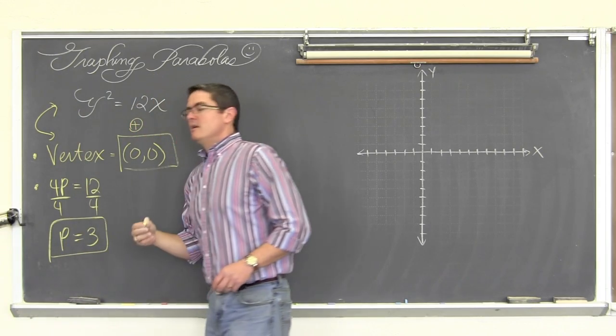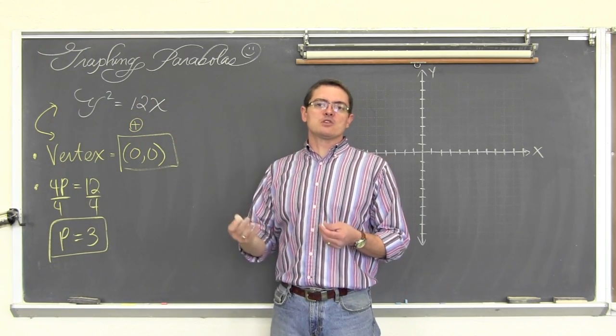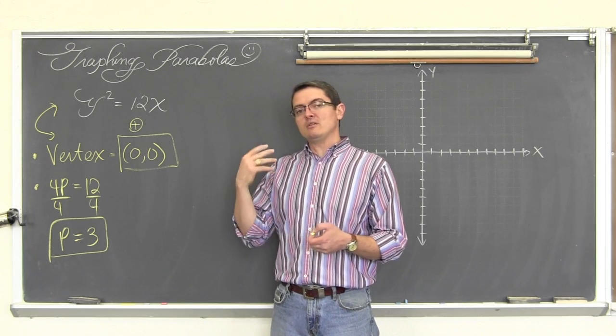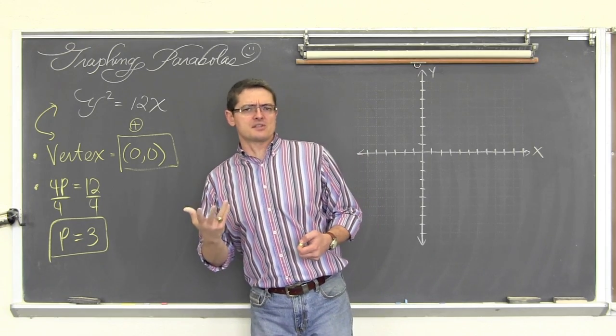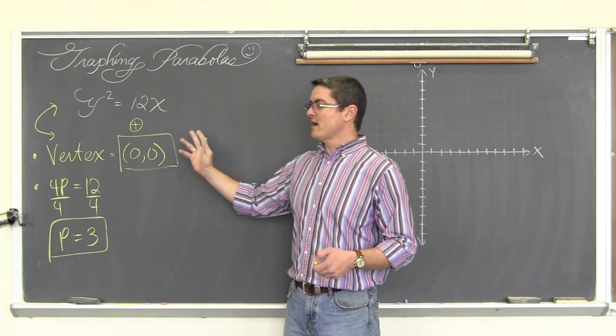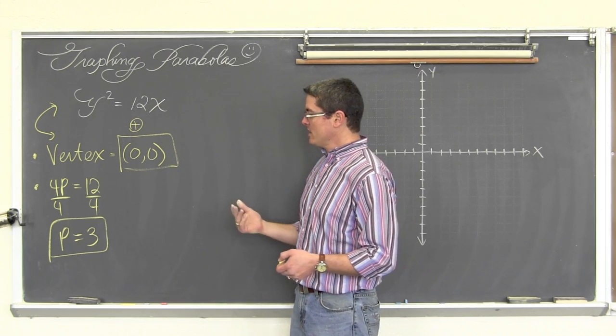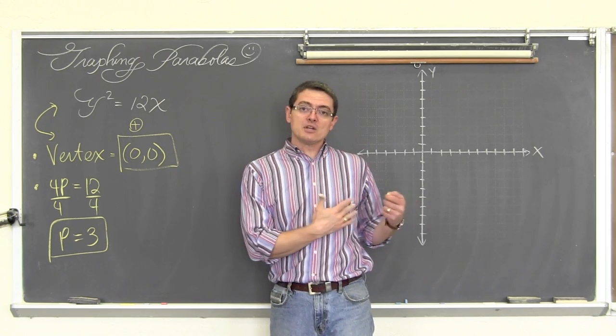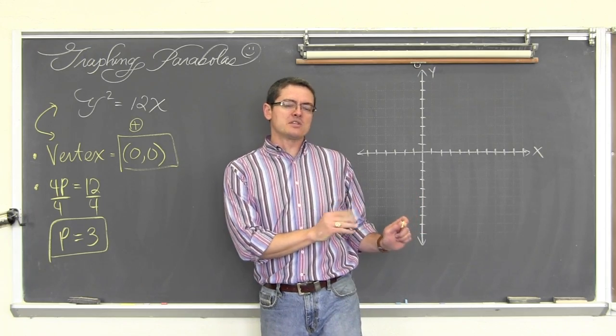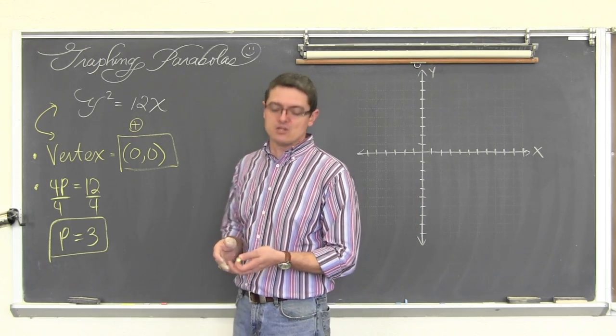So, that being said, if you're not very visual, or maybe I could argue you're more visual because you see this in your head a little better, you could write the vertex, which we have, and then the focus and the directrix. I'm going to draw it first, make sure I can see really what's going on, and then list off the information.